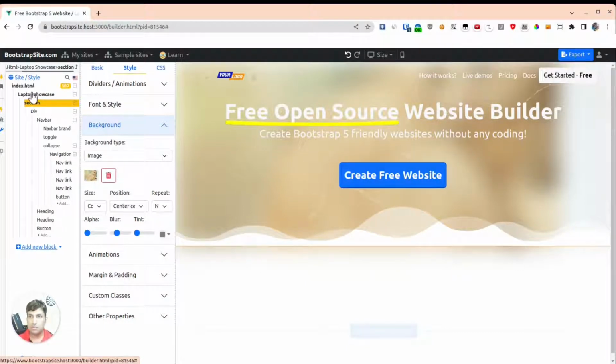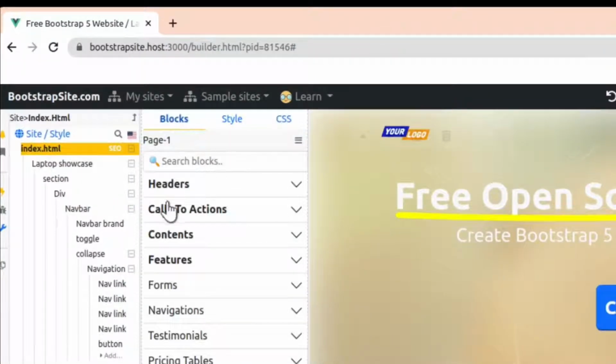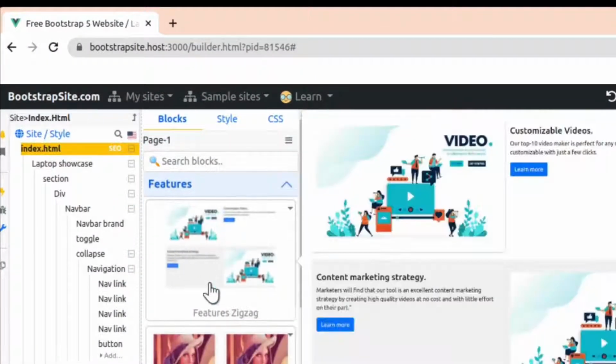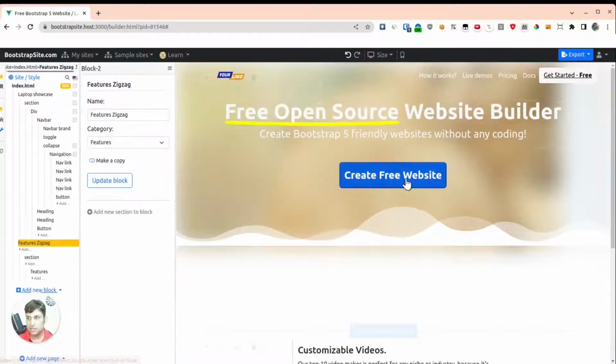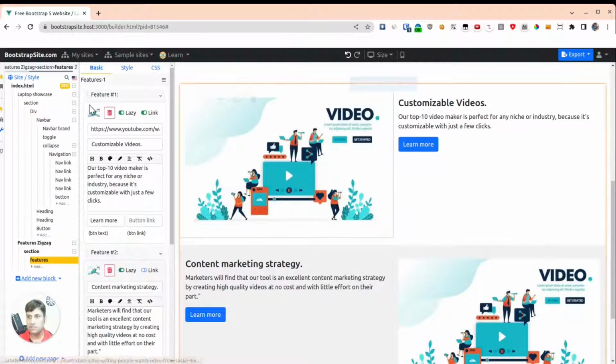And if I want to add a features block, I'll go back to my page, then I'll select blocks, and then I can just select features, zigzag features, right? And now the features have been added, and the best part is you don't have to know any coding or HTML. If I want to edit the features, if I want to change this image, it's very easy to do